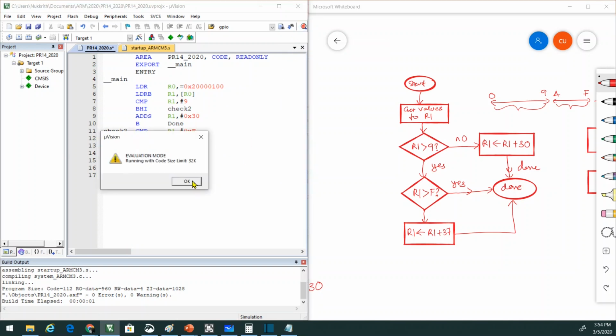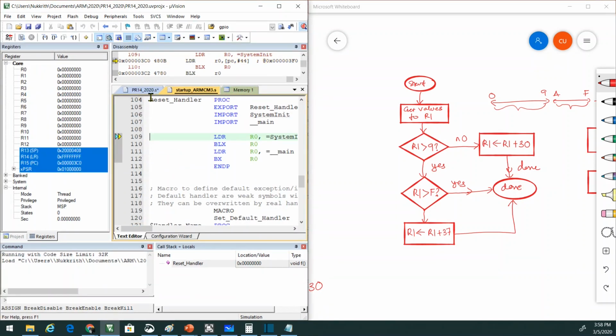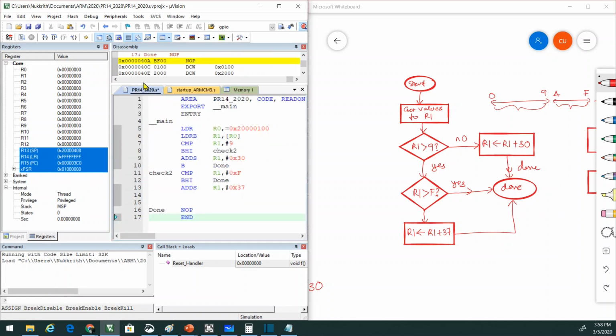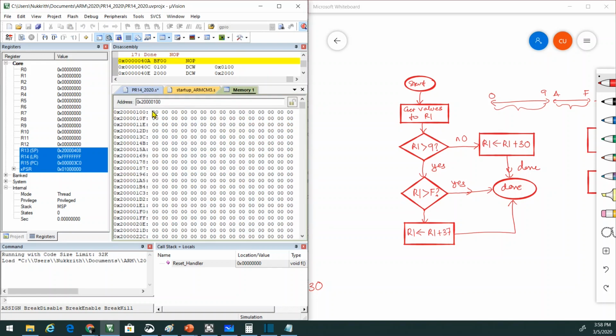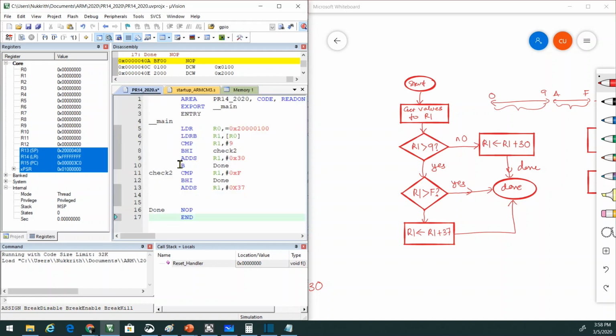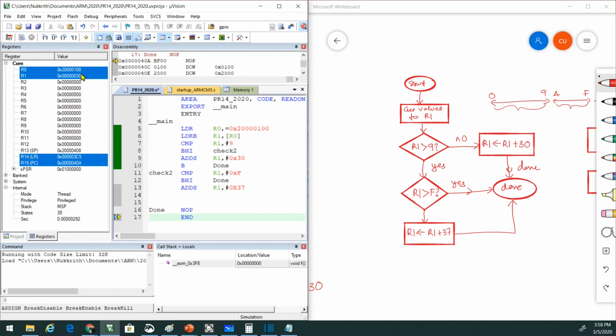Okay, let's see. All right, so this is our program. So in the memory, this is the data that we want to convert. So let's say we start with 0 and we should expect 30 in R1. So let's run the program. So you can run line by line or just run at once by placing your cursor here and click run to cursor line here. All right, so we have 30 in